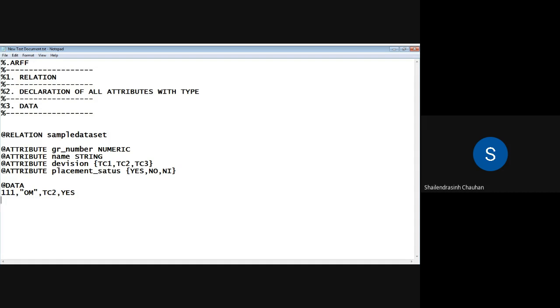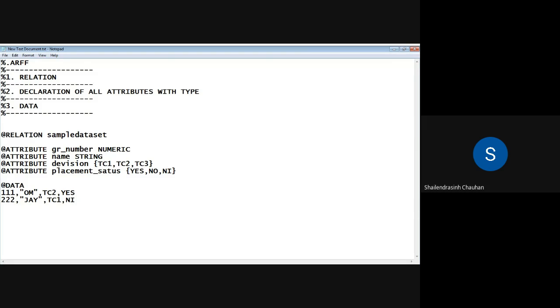Then second student, GR number, let us say 222. Name, let us say J. Division, let us say TC1. And placement status, let us say not interested.